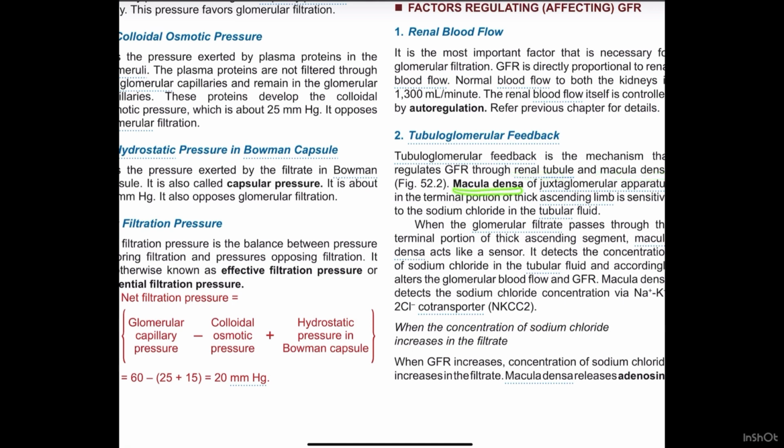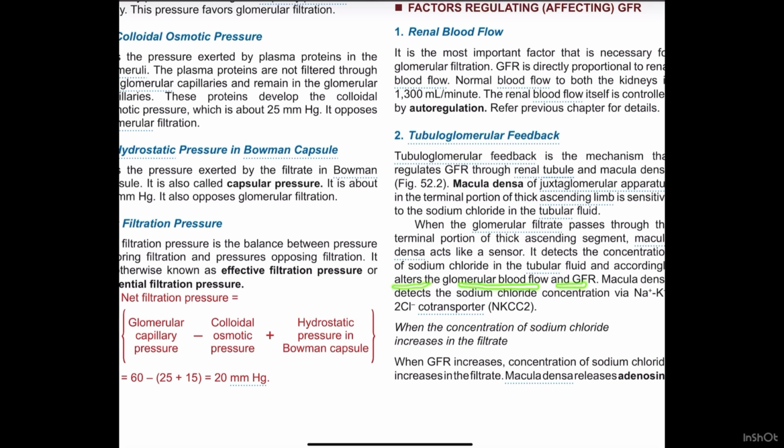The macula densa is part of the juxtaglomerular apparatus in the terminal portion of the thick ascending limb, and it is sensitive to the sodium chloride in the tubular fluid. When the glomerular filtrate passes through this terminal portion of the thick ascending limb, the macula densa acts like a sensor. It detects the concentration of sodium chloride in the tubular fluid and accordingly alters the glomerular blood flow